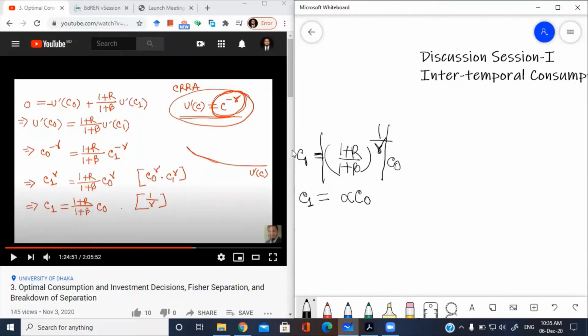You can also think of it this way: if future consumption is greater than the current consumption, this alpha must represent something like a growth rate, or how the current consumption will grow to the future consumption. So note this correction for session 3. I think you have got the correction I just showed you.